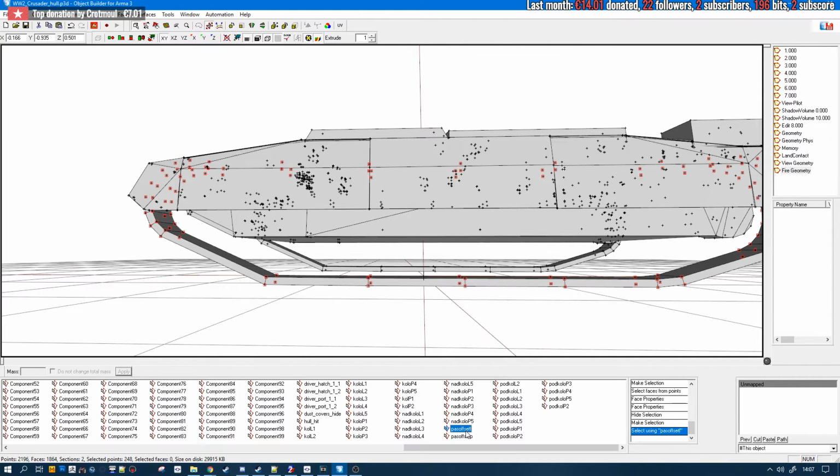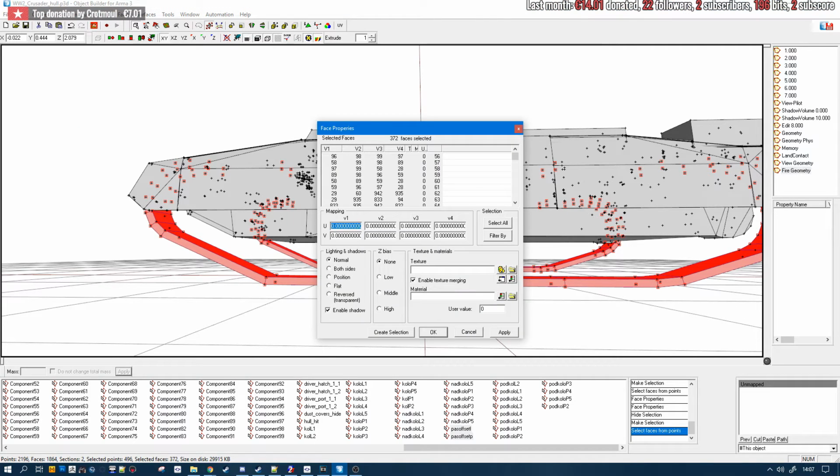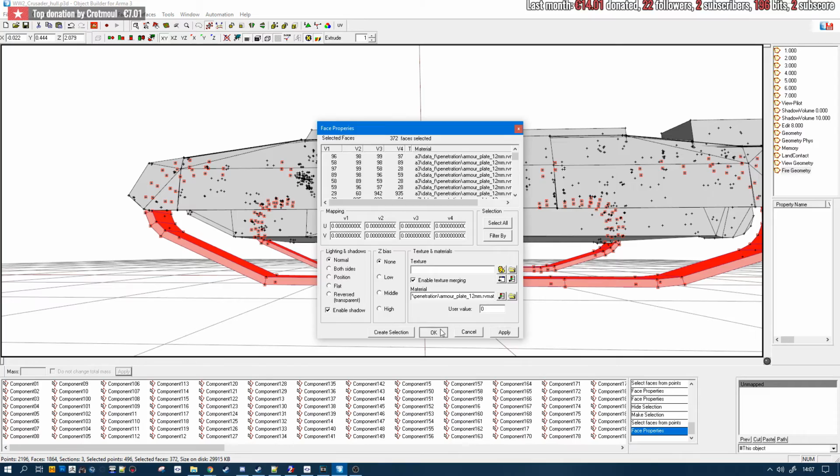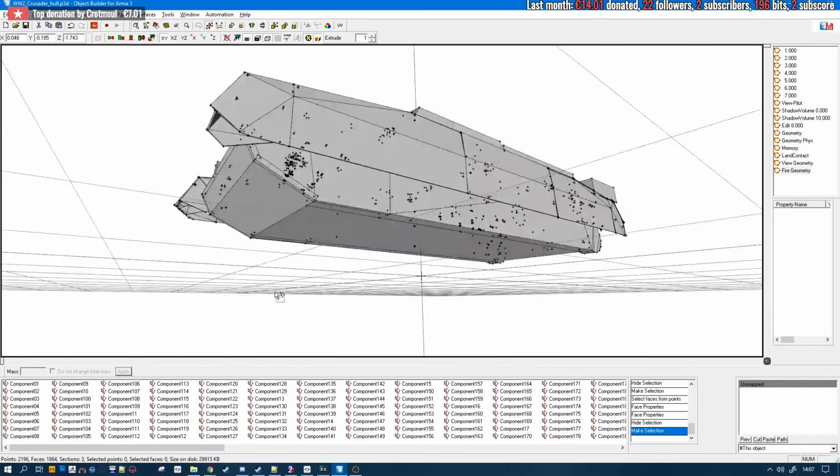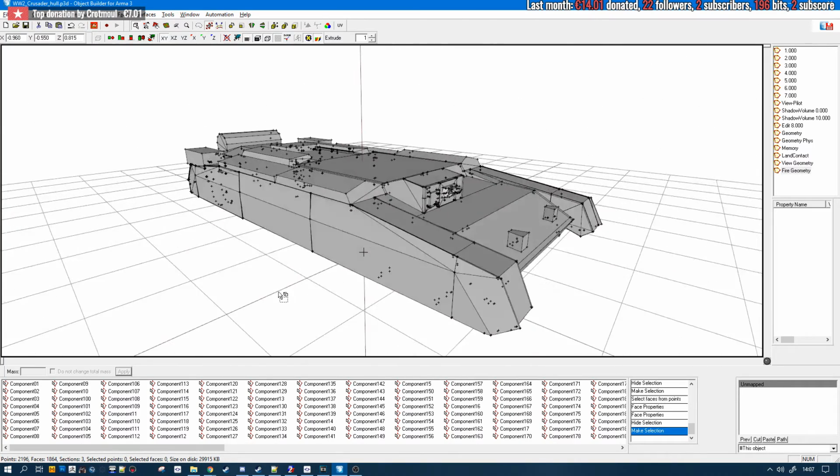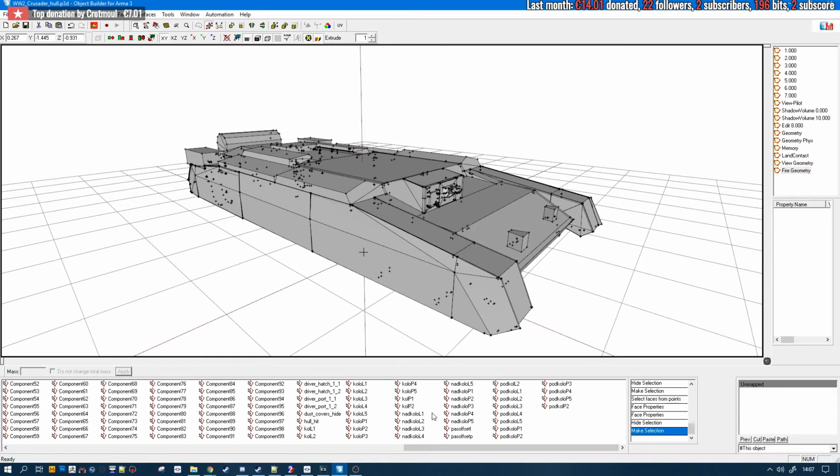Then I want to select the tracks, press E. For the tracks, I'm using a 12mm armor plate, hide it. Then the side shields here, well, dust cover, hide.